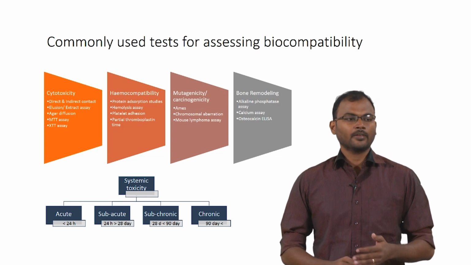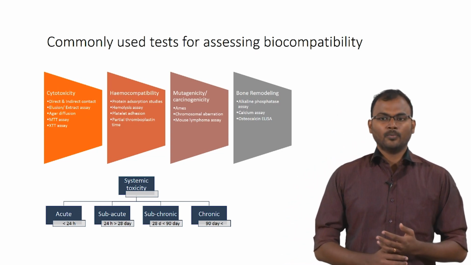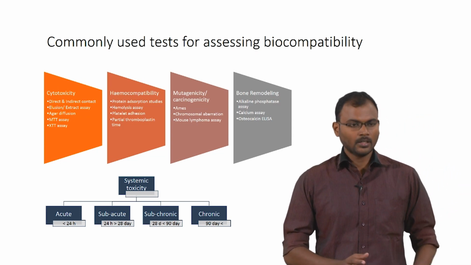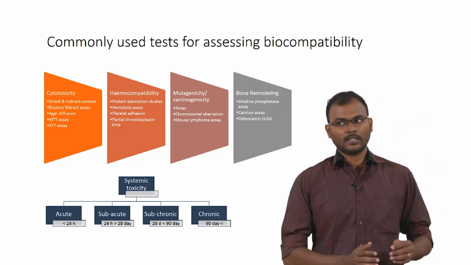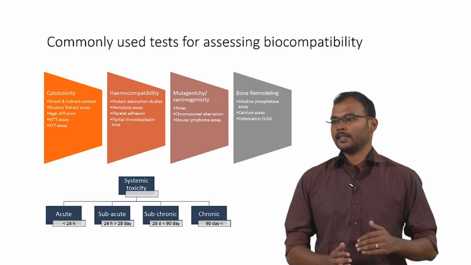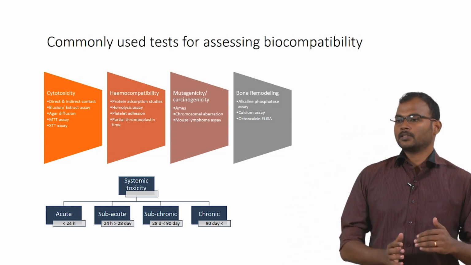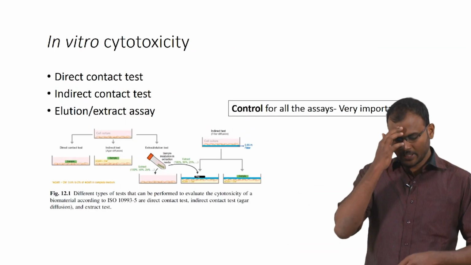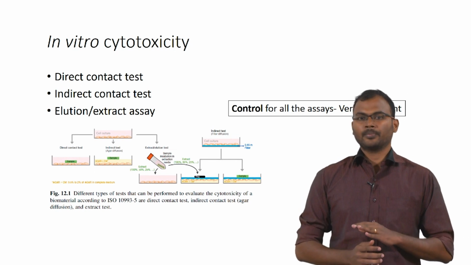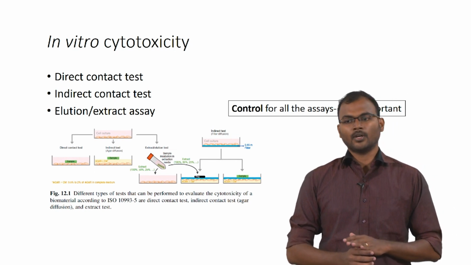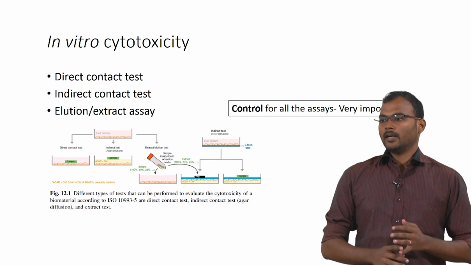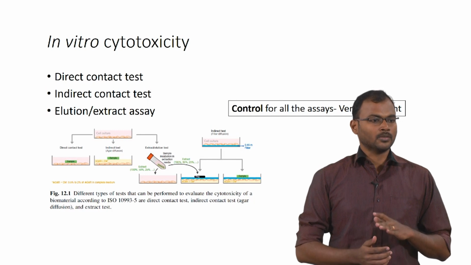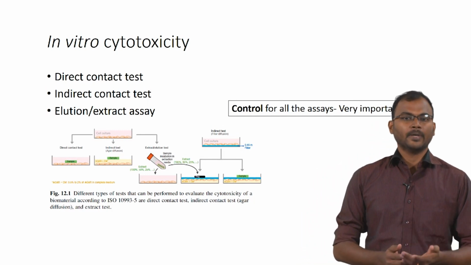Those chronic will involve all the bone implants and cardiovascular implants and all. So, based on this time duration, we have to check the material, that up till that time it is not having any adverse effect on the cells. And so, coming into toxicity, this is a primary test we will do for all the materials, either it is hydrogel, scaffold or nanoparticles, whatever the material. We have to check whether it is accepted by the cells or not.